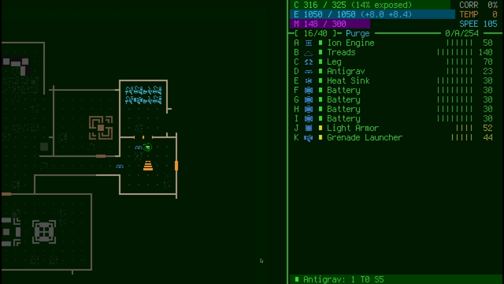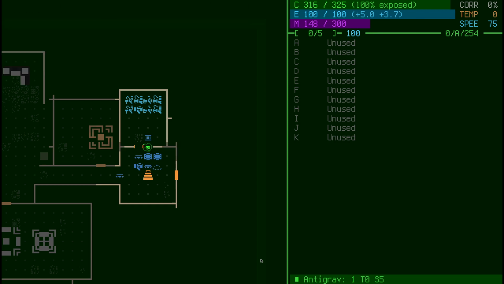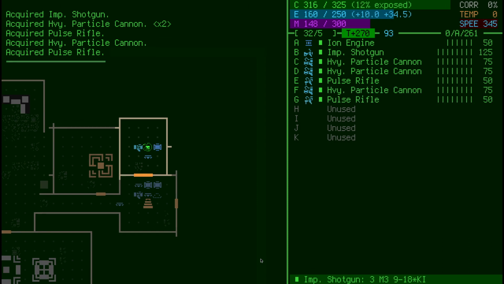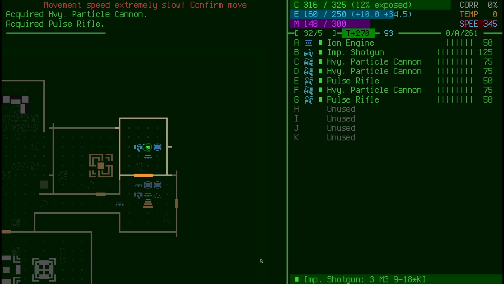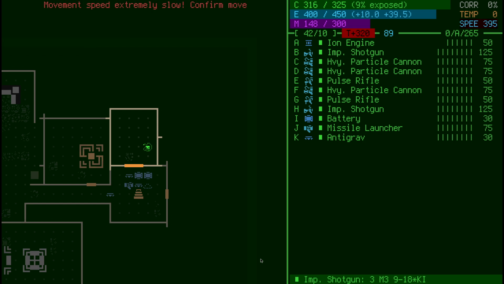Okay, I'm going to do a purge here so you can see what that's all about. So we'll purge all components. Repeat to confirm. So a bunch of stuff got destroyed there, like our heatsink and such. But we're just going to pick up some weapons here. I've got so many weapons it's starting to slow me down, but whatever. So I've got really slow movement because I have so many weapons here. Note, by the way, up here we can see our purge status, so I can't actually purge until...